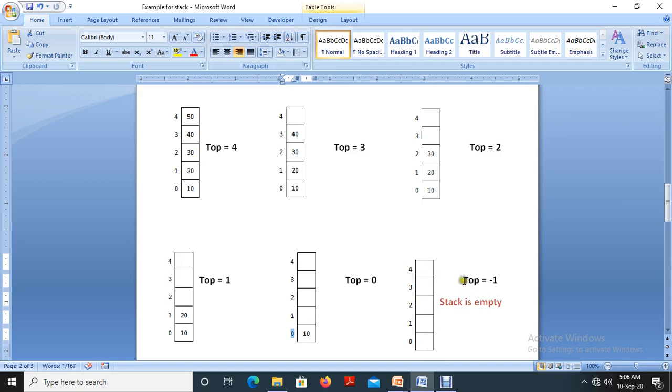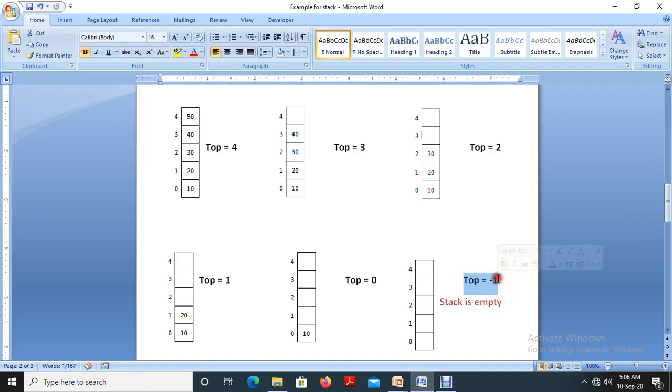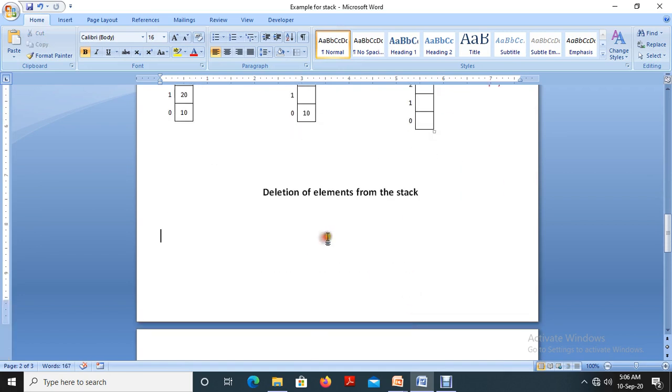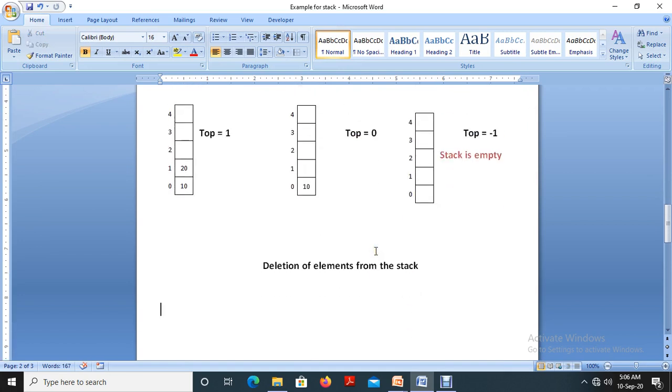Then how can we remove? So before attempting to remove an element, we have to ensure that the stack is not empty. Otherwise, it's a wastage of time and memory. So here, before deleting an element or before removing an element from the stack, the first step is to verify whether the stack is empty or not. How will we verify whether the stack is empty? So in the case of a program, I am going to write like this: